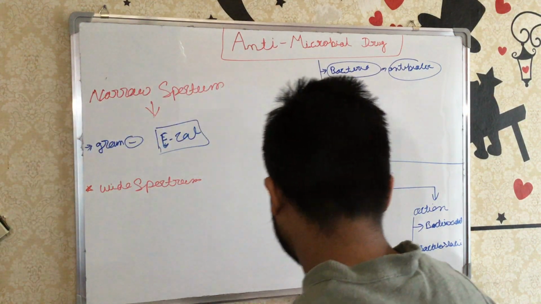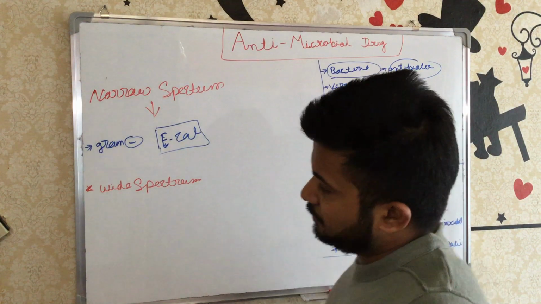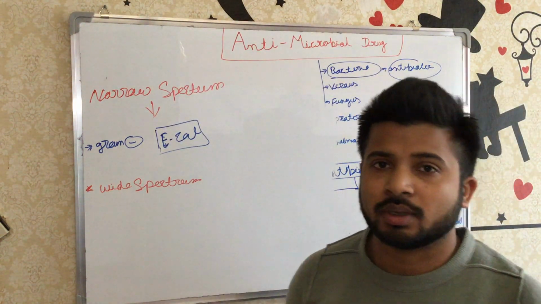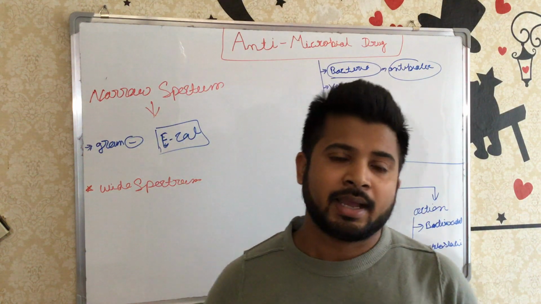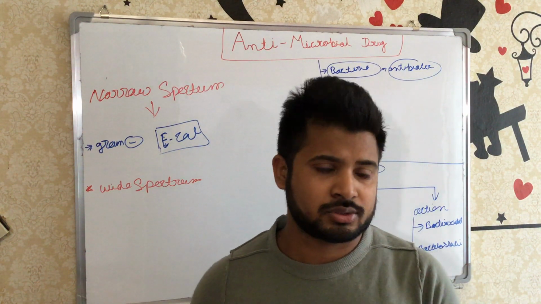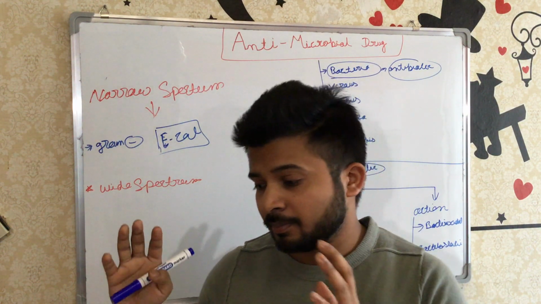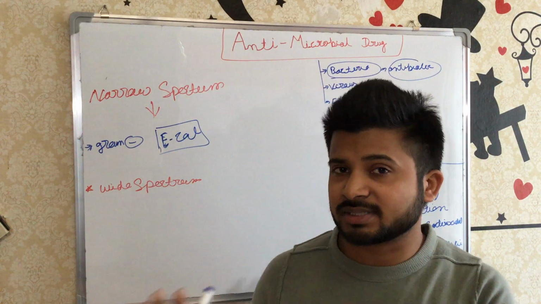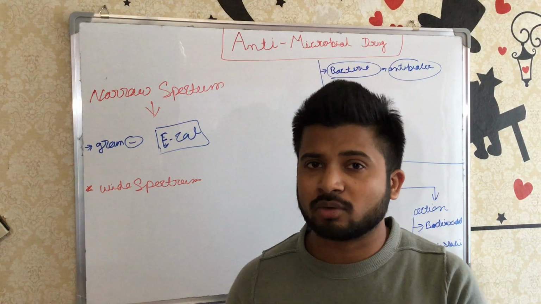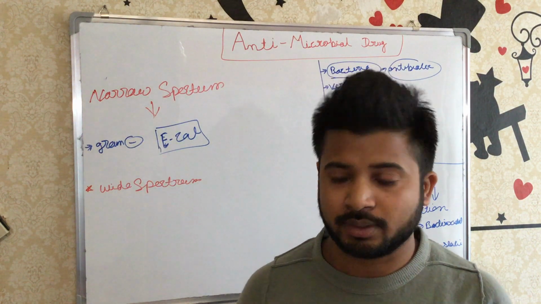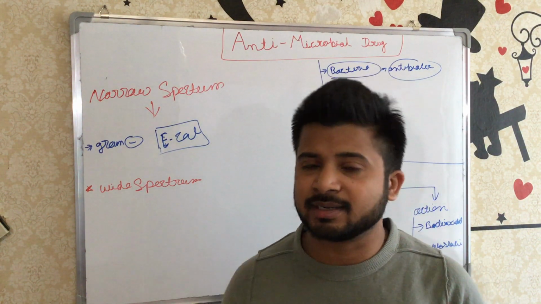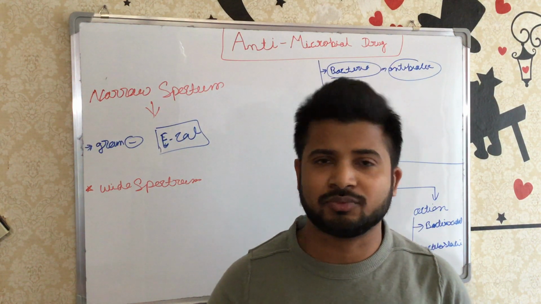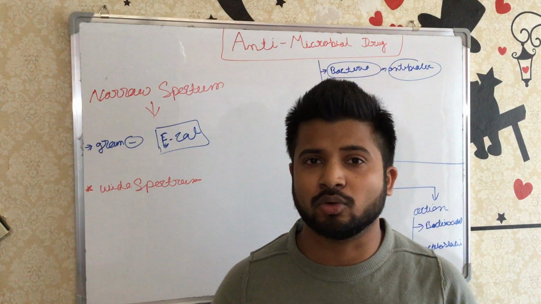In these conditions, for example, let's think again that a patient comes to our clinic, and the person's condition becomes worse. We don't know which type of bacteria is there, but we confirm that the person has a bacterial disease, not viral, not fungal, not helminthic, and not protozoal. The patient has a bacterial disease, but which type of bacteria we don't know. Either it's gram negative or gram positive, which type of gram negative, which type of gram positive, we don't know.